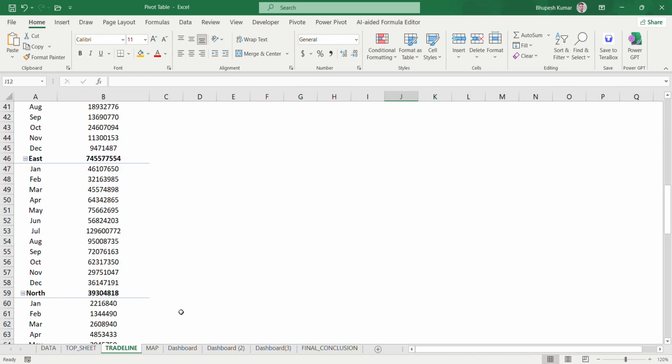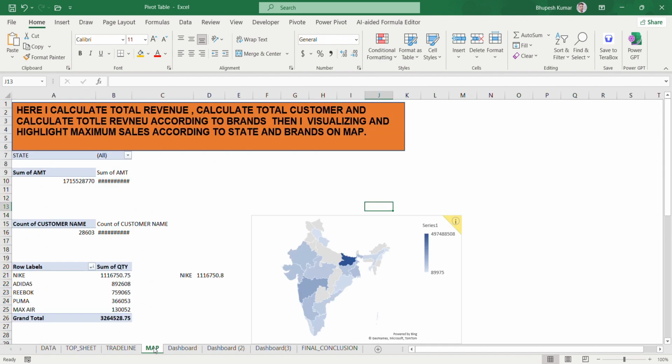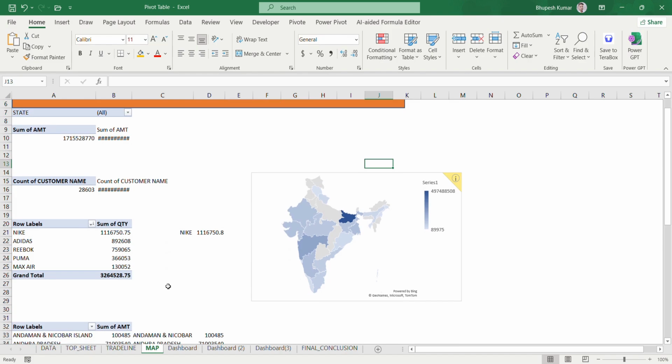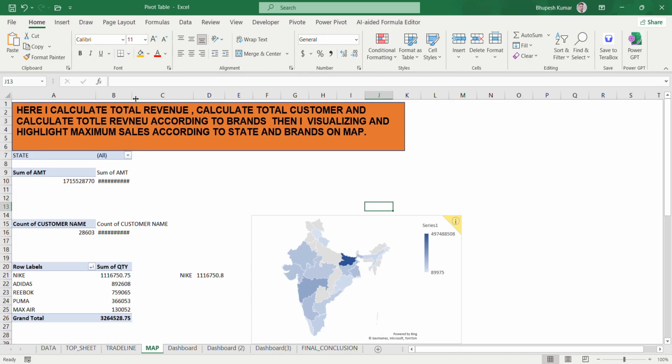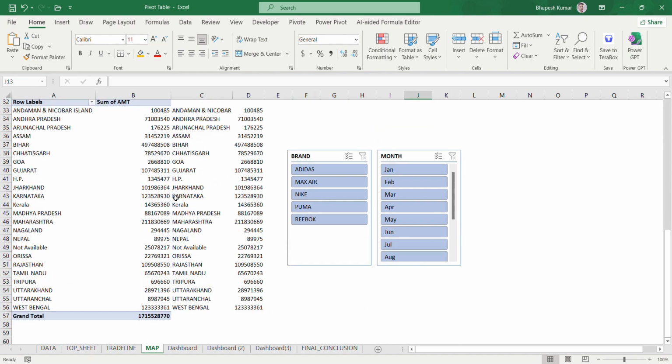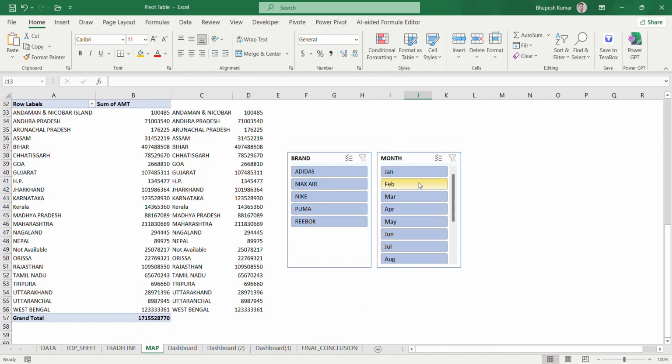And next, map sheet. In this sheet I visualize the same thing which was in trade line sheet, but in this sheet I use map chart, and similarly I use two slicers to make our dashboard more interactive.